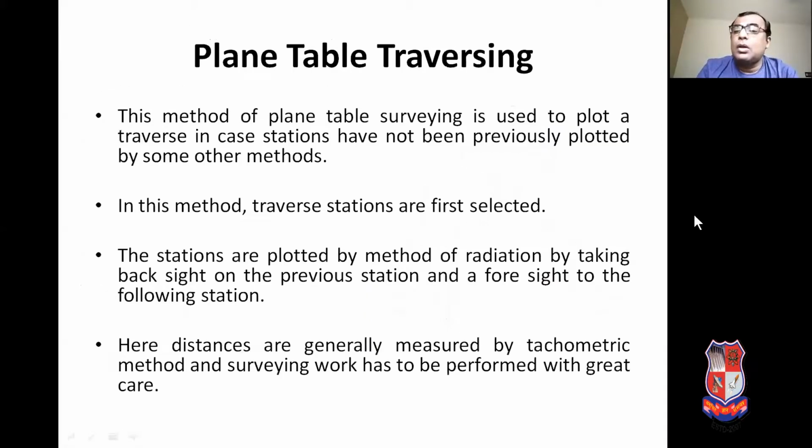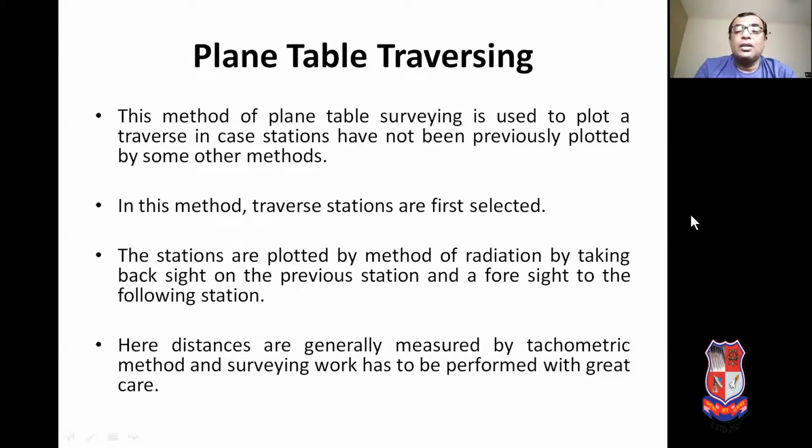Now, the third method is the method of traversing. This method of plane table surveying is used to plot a traverse in case stations have not been previously plotted by some other methods. In this method, traverse stations are first selected.